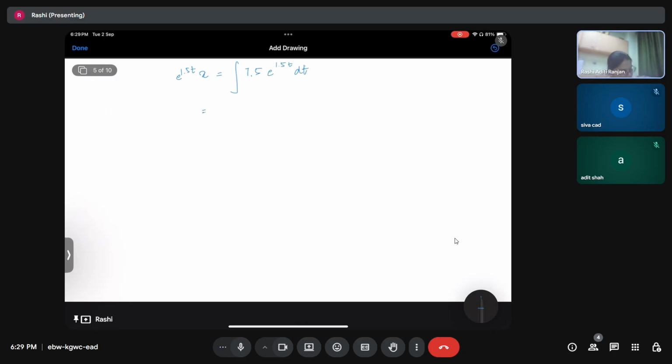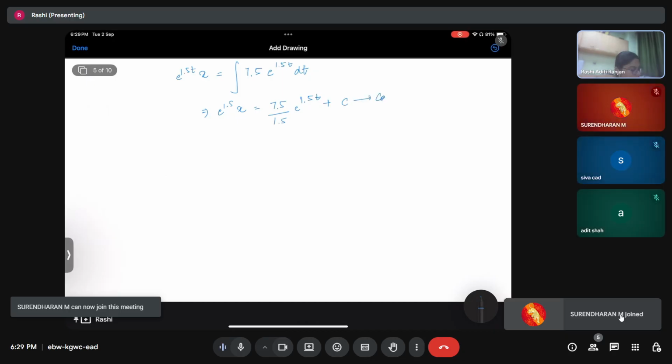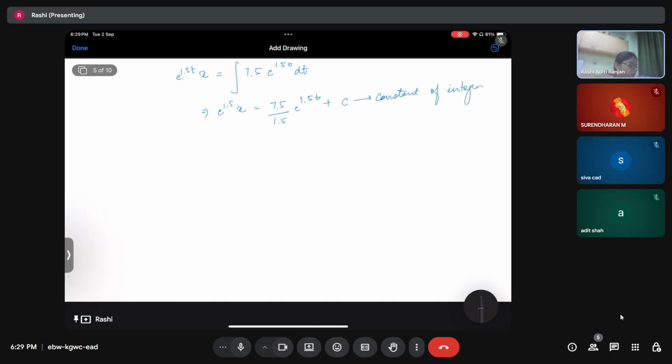So this will give e to the power 1.5x equal to 7.5. Integration of e to the power 1.5t is going to be what? e to the power 1.5t divided by 1.5 plus c, where c is the constant of integration. Now x, which is a function of time, can be written as